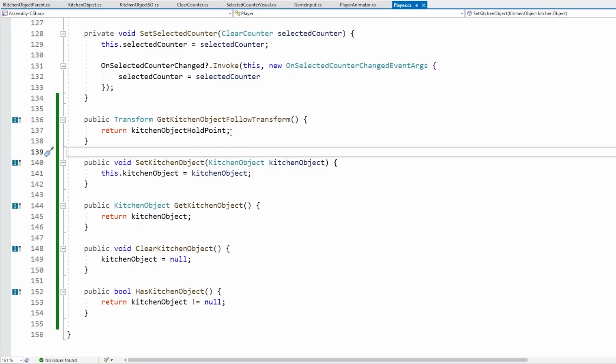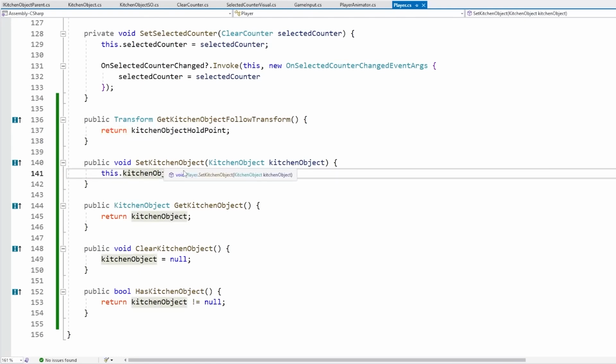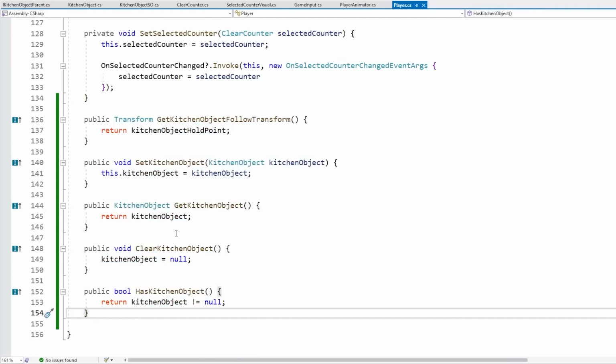Also one note here, like I mentioned previously, in order to implement the interface, it requires you to write the function code. Basically what this means is that different objects can implement the exact same interface whilst having different implementations. For example, over here on the player, when setting the kitchen object, perhaps you could play some kind of item grab animation, or maybe when clearing a kitchen object you could do some kind of logging. The only thing that needs to match perfectly is the function signature. And the function signature means the return type, as well as the name and any parameters. The implementation itself is up to the class that wants to implement that interface. But in this case, we want it to behave pretty much exactly the same way,